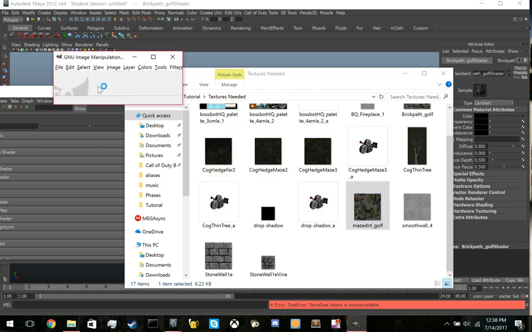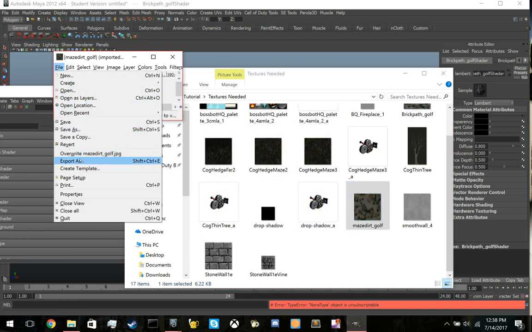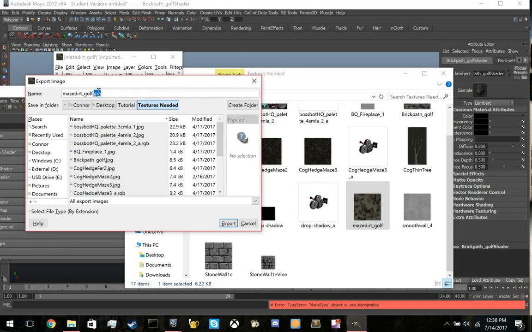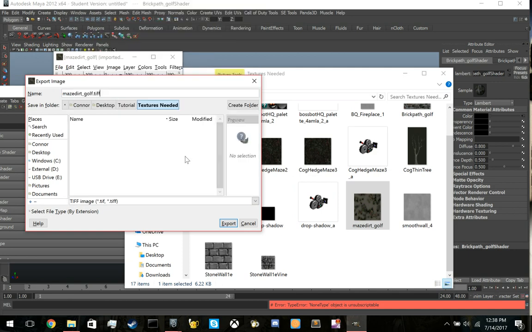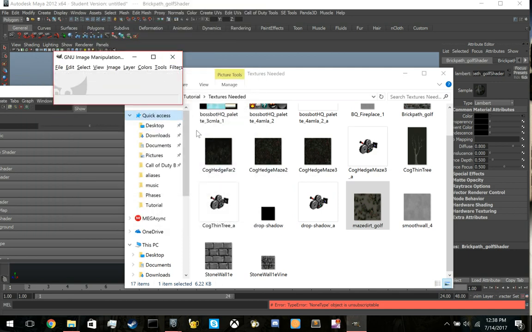And then you're going to drag a texture in there, click File, Export As, and you're going to change it to TIF or TIFF. And then you're going to select right here. Okay, well, that's being stupid. And go to this option. And then export it. Now, if you have a texture that has the alpha layer, what you're going to do